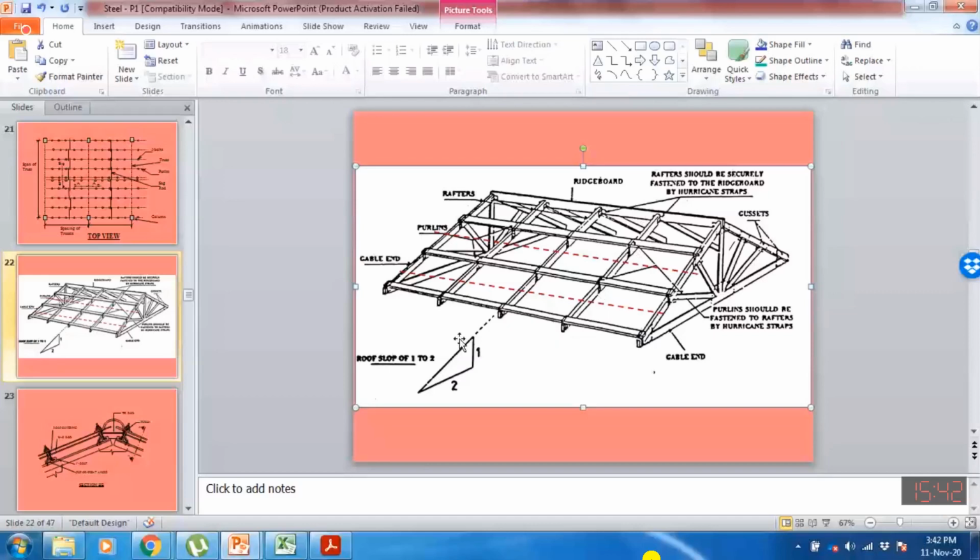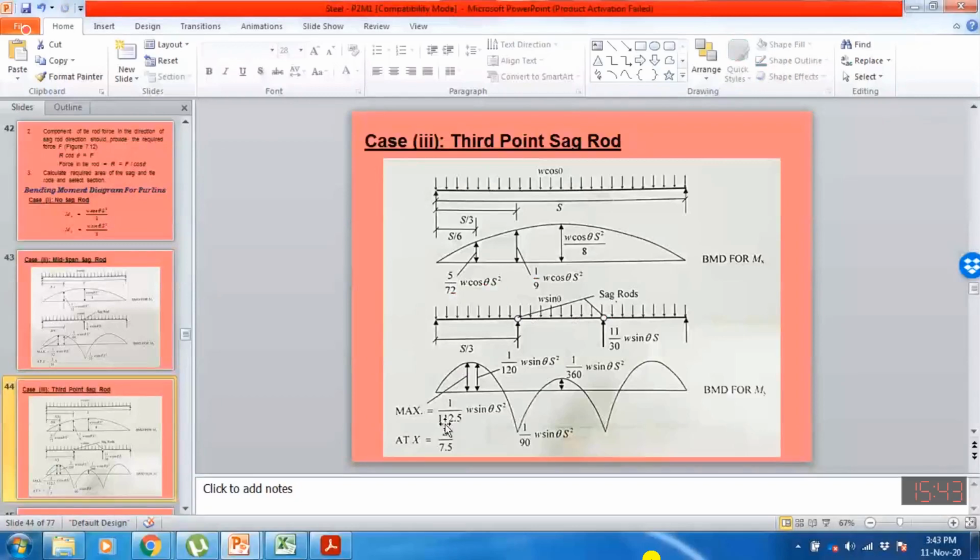So if we are having 1, 2, 3, 4 purlins, so sag rods will be 1 less than the number of the purlins. So it means that if we are having 4 purlins on the one side, so we are having 3 sag rods. So force in one sag rod is taken from this chart. So this is the force in one sag rod. So force in one sag rod multiplied by the total number of the sag rods on one side will be equal to